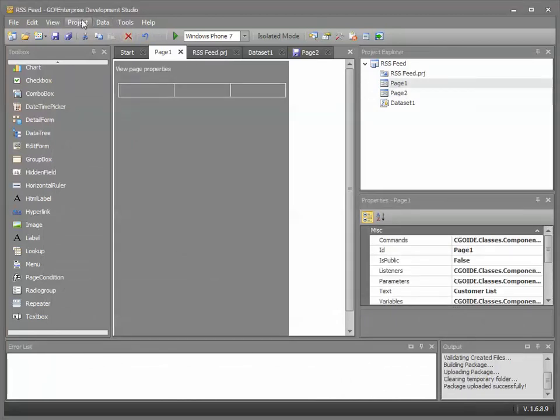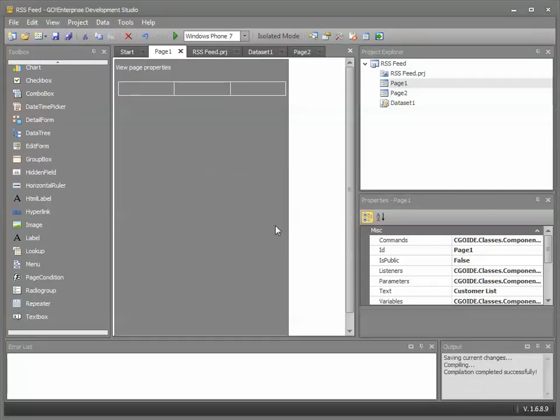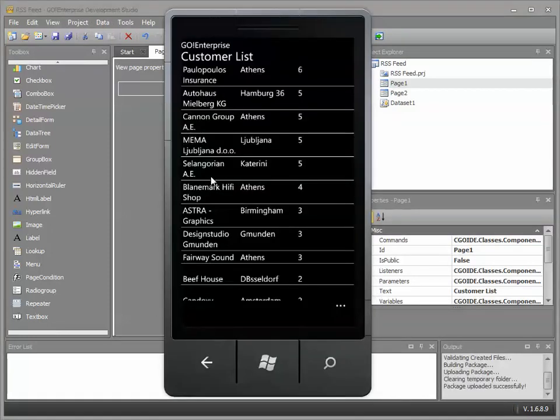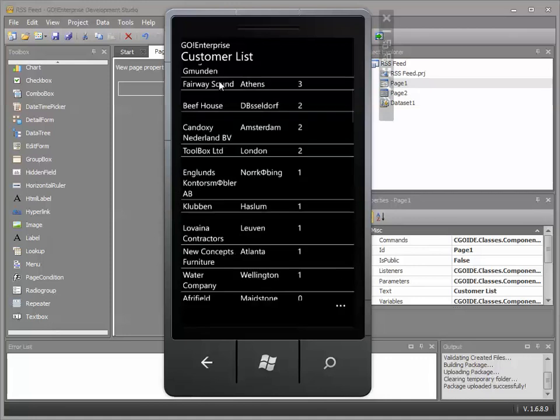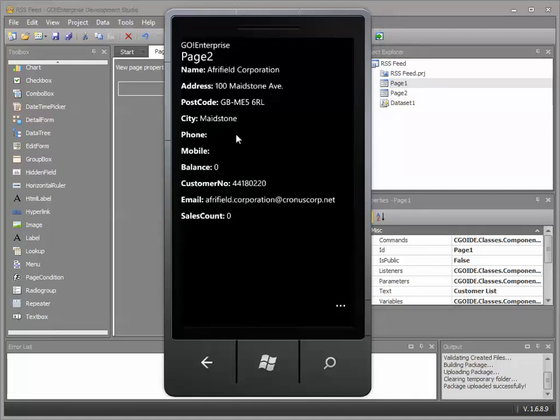Now let's build the project, compile it and see if we've got any errors. Application was compiled successfully. Let's debug it and let's see it running within our emulator. So we now have a customer list. If we select one of the records, then it goes into the detail form, but it's not showing the correct